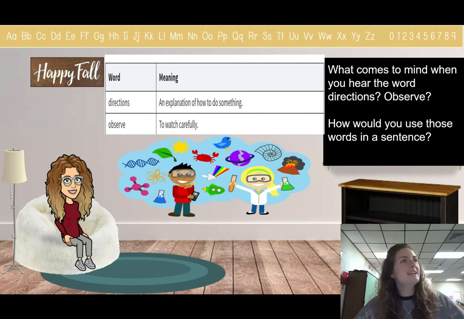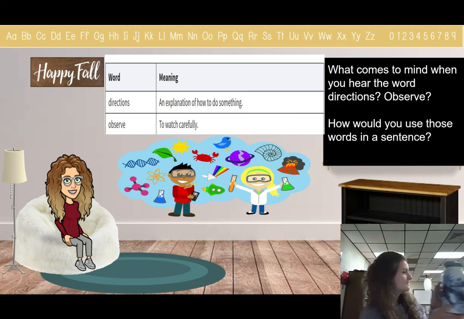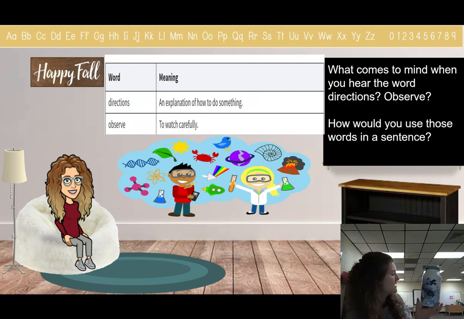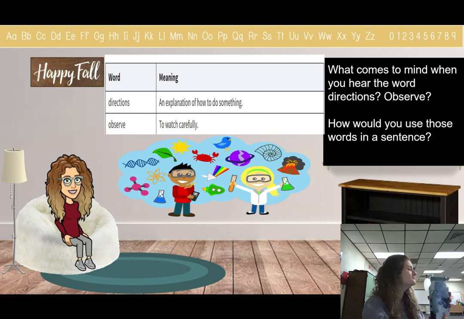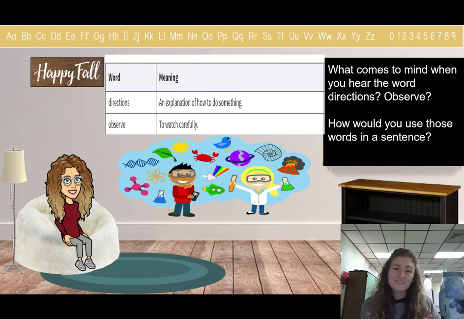I'm thinking of Me, Jane from last year. We read this book in 1st grade, and in Me, Jane, it was about how Jane Goodall observed animals. She observed. So if I am observing this bottle of water, what am I doing? I'm observing the bottle of water. What was I doing? What does it look like I'm doing? It means that I'm looking at it very closely. I'm watching it to look for change.